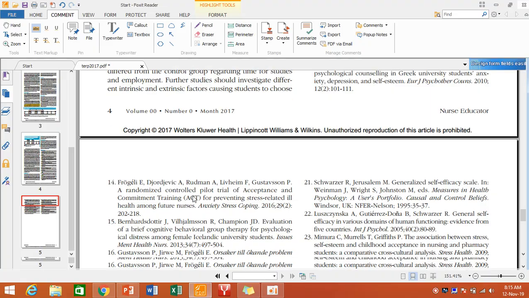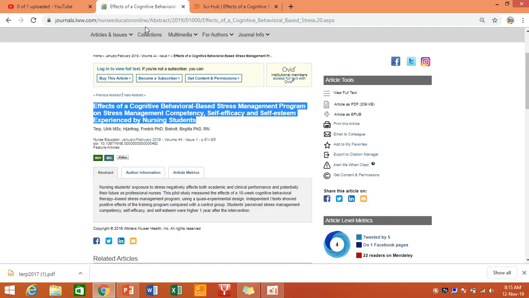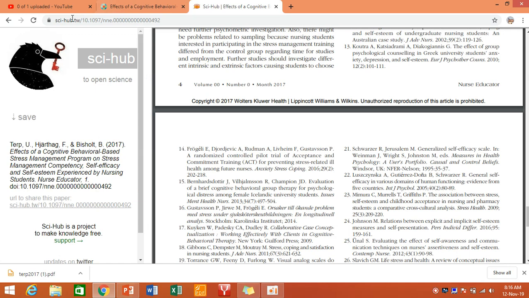Let's repeat it. First you will write Google Scholar, right? Open Google Scholar, write the area, name of the area, like stress management, teacher training, engineering, whatever, right? And then select the article that you want to see. If the article is freely available, fair enough. If not, and if you want the abstract, the abstract is already available in almost all the articles, right? If not, then you can simply go to Science Hub,